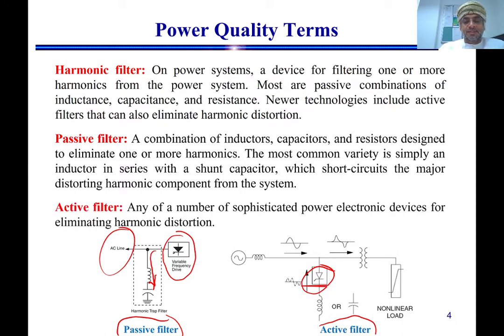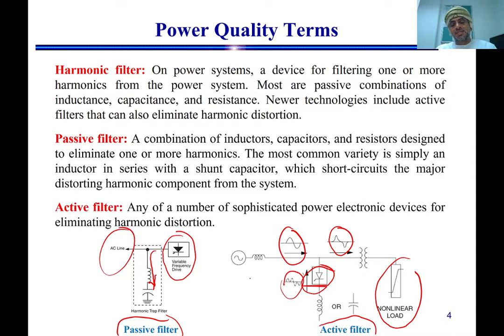Okay, so again, this is the active filter. The active filter utilizes power electronic devices, and again the purpose is to eliminate the harmonic. Over here we have a non-linear load that will draw non-sinusoidal current. As a result, the current taken from the source will be non-sinusoidal. Then the function of this filter is to provide a current to the system such that the current taken from the main source will stay sinusoidal, because as